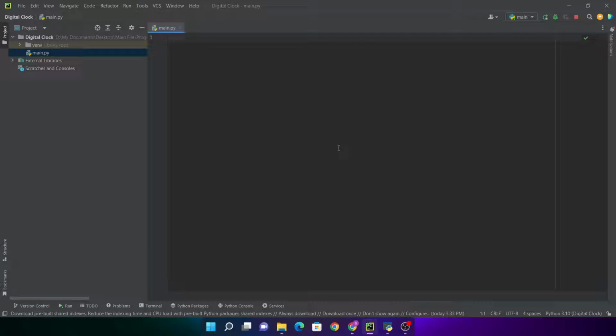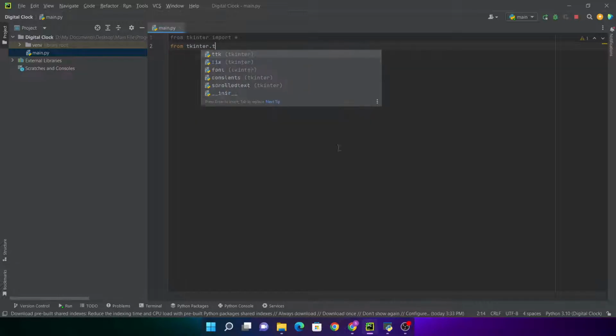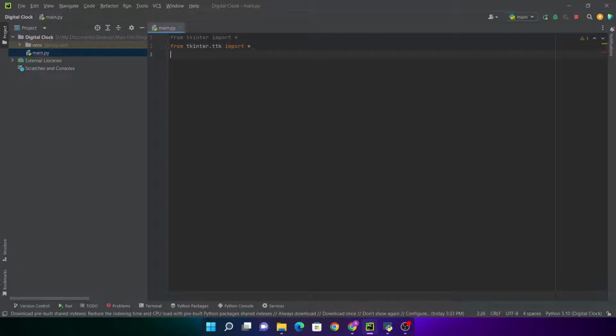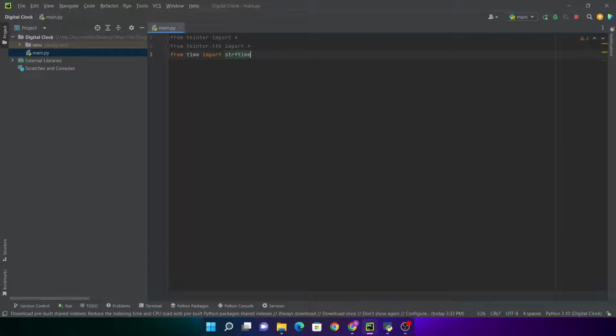So first we're going to import Tkinter, so we're going to say from Tkinter import everything. Then we're going to say from tkinter.ttk we're going to import everything. Then we're going to say from time import strftime. Then we're going to say we